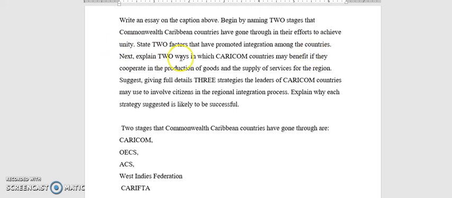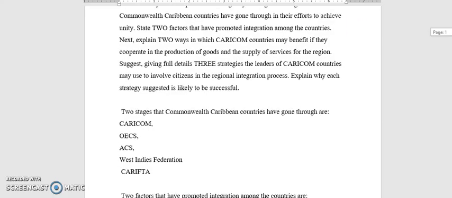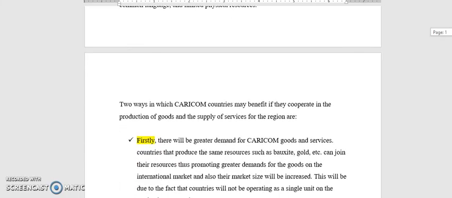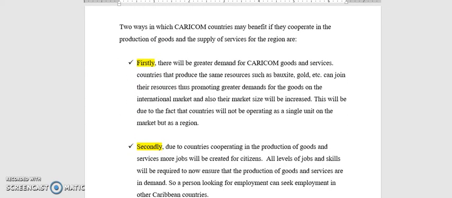Next, explain 2 ways in which CARICOM countries may benefit if they cooperate in the production of goods and the supply of services for the region. 2 ways in which CARICOM countries may benefit, right, if they decide to cooperate in the production of goods. And when we talk about the production of goods, we're talking about resources that each country is blessed with. So if they decide to cooperate in the production of goods and the supply of services for the region, 2 ways in which the countries will benefit are,